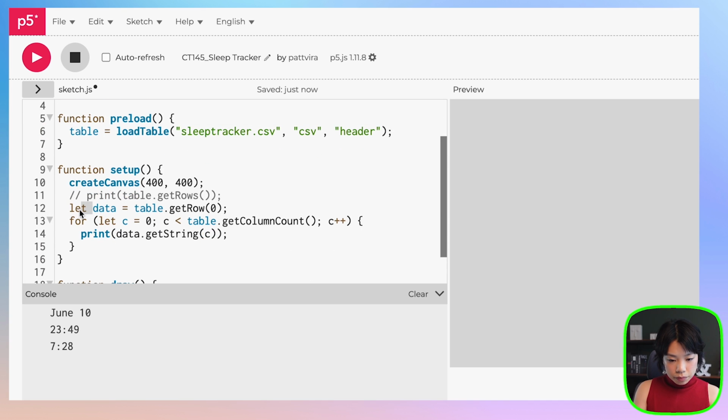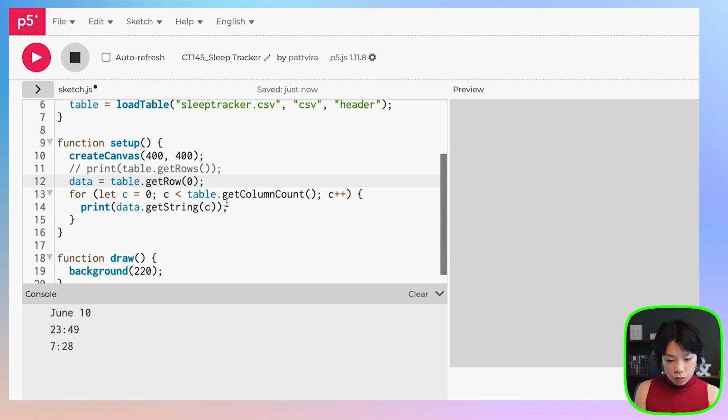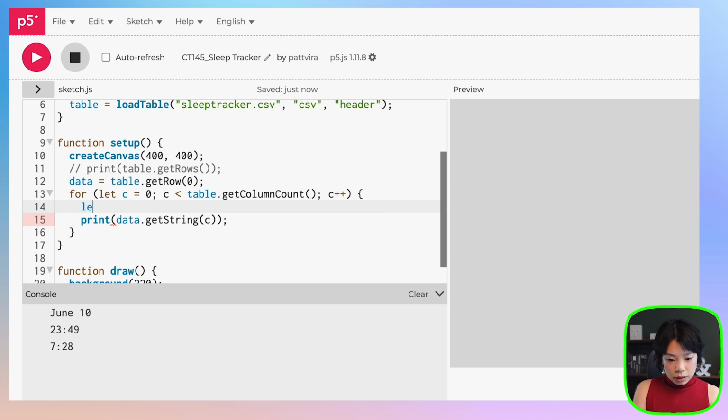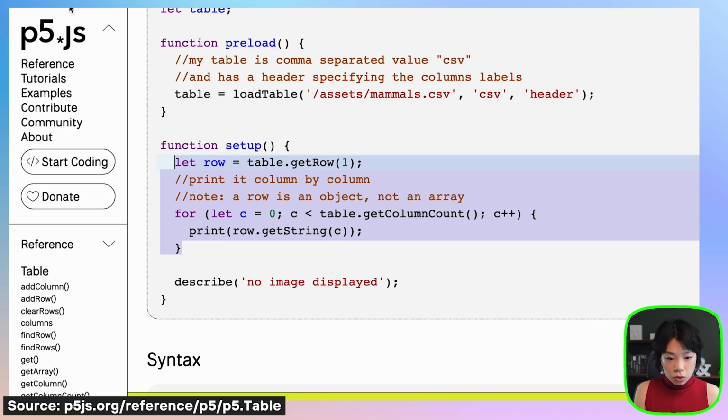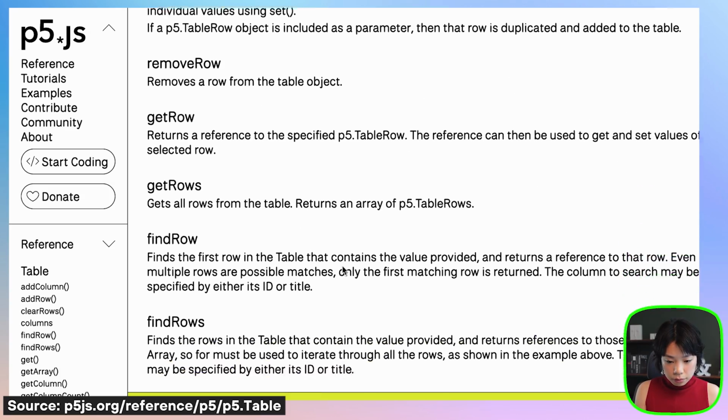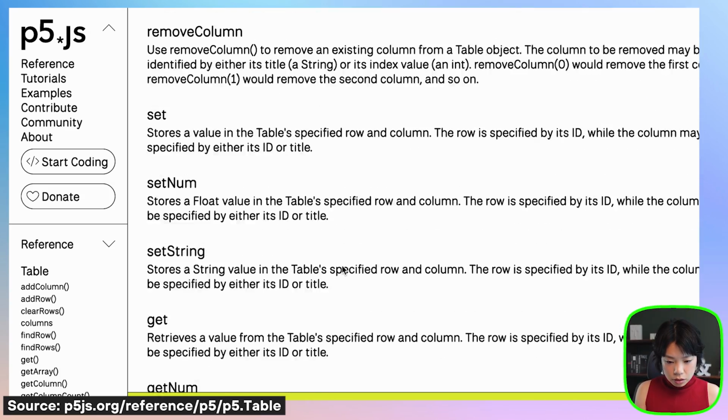And then we're going to set date to be equal to, as you can see here, data.getString, and then you can put in the index number, right? From 0 to here it is 2. But what we can do also is, if you go back to the documentation page here, getString,